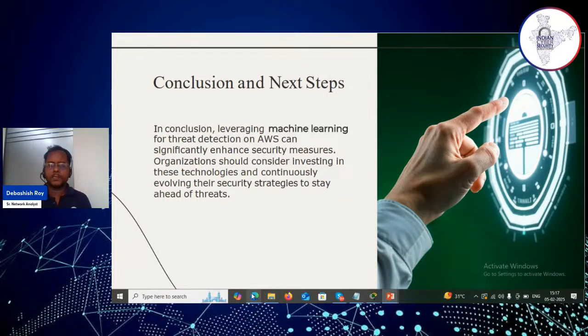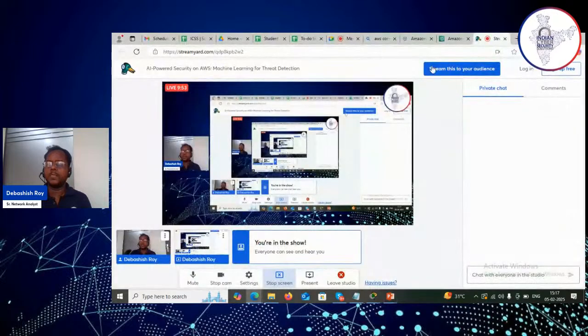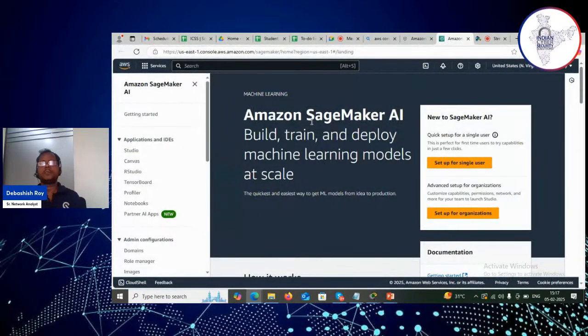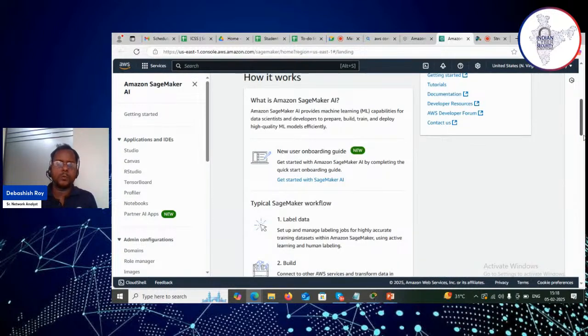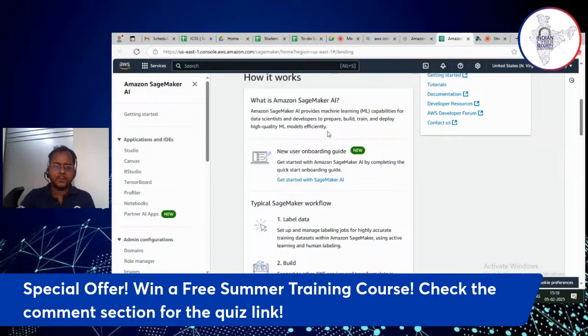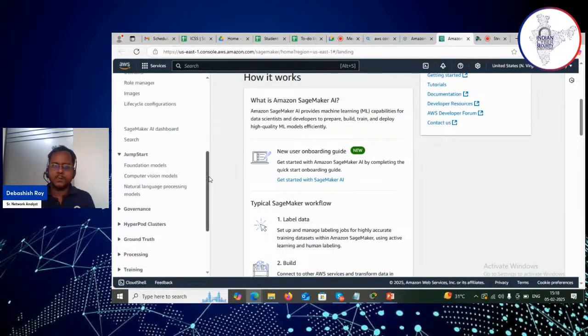And also I can take you to the console. That is the Amazon console. You can see that there are many tools like Amazon SageMaker. Previously, it was known as machine learning. Nowadays, it is known as Amazon SageMaker for AI to build, train, and deploy machine learning models at scale. So you have many things here. You have to build code for that, and only then can you get the machine learning capabilities. As data scientists and developers, you can prepare, build, train, and deploy high quality machine learning models. Again, you can